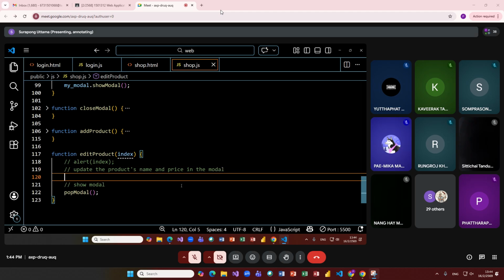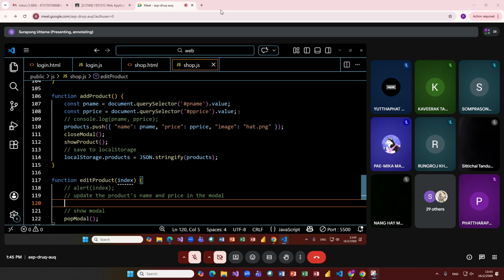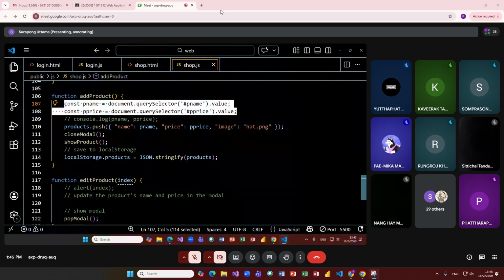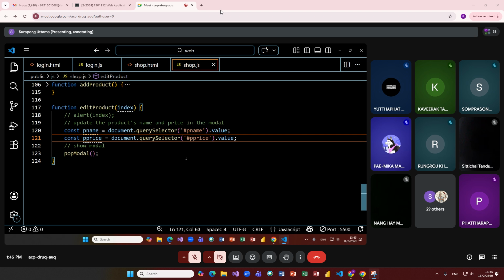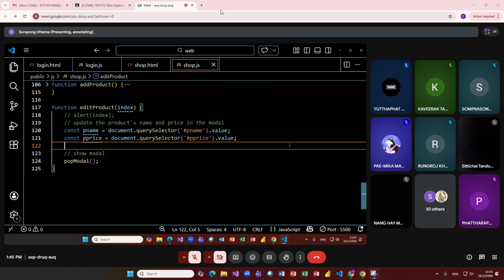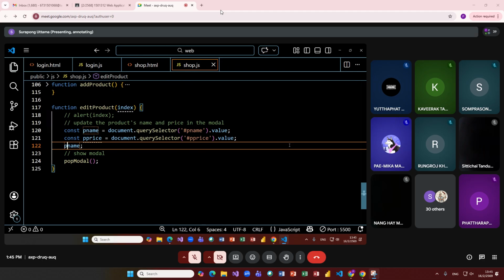This will be exactly similar to the add product function, because in the add product function you see that we find the name and the price here from the beginning. So we can copy these two lines first. And then we just show the model with these values. So what we have to do is something similar to this one: p name is the value from the model, and this will be assigned to p name dot